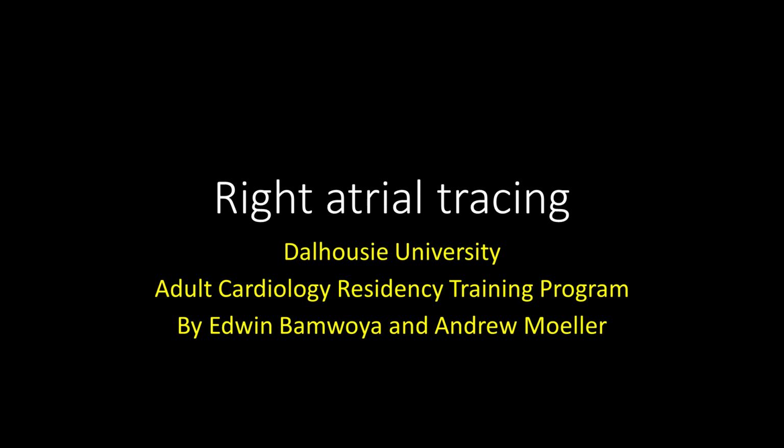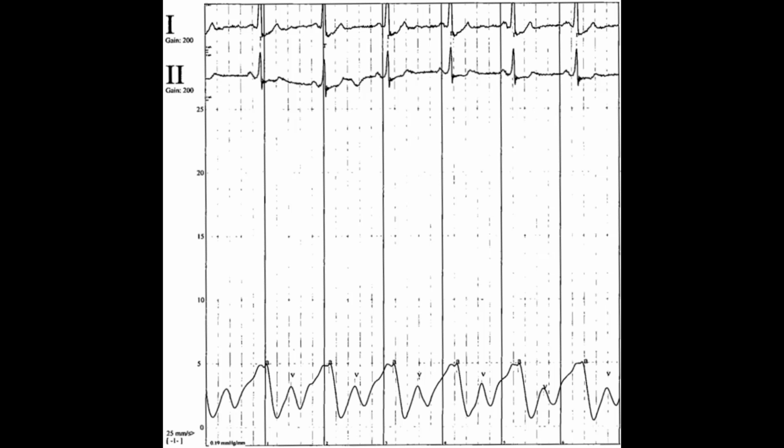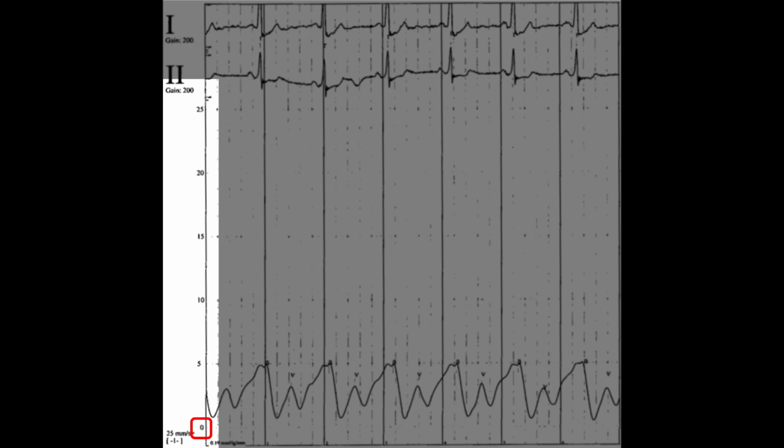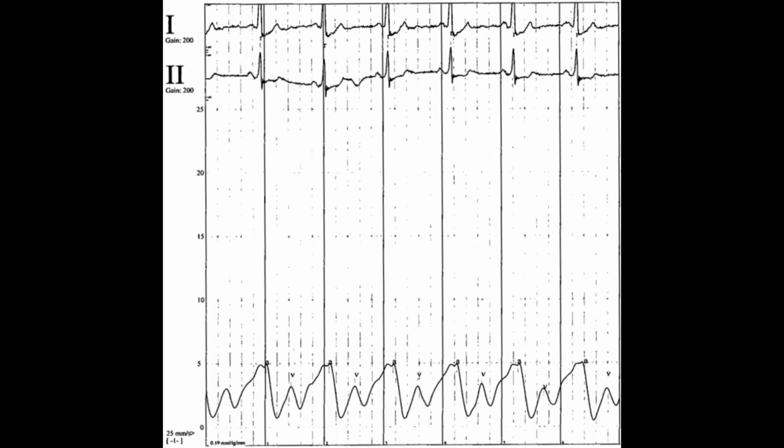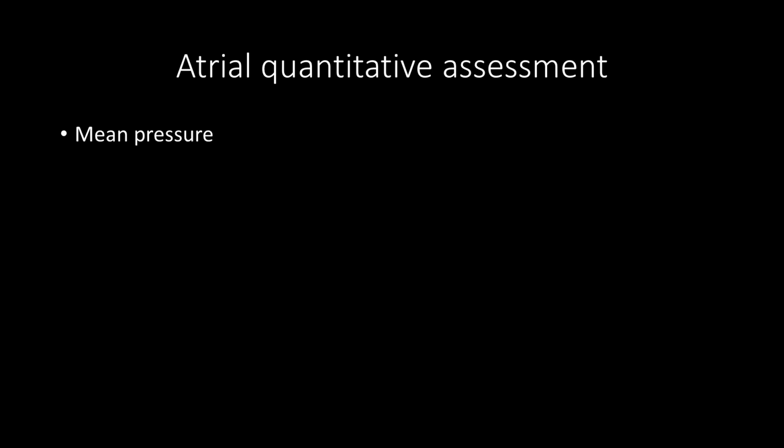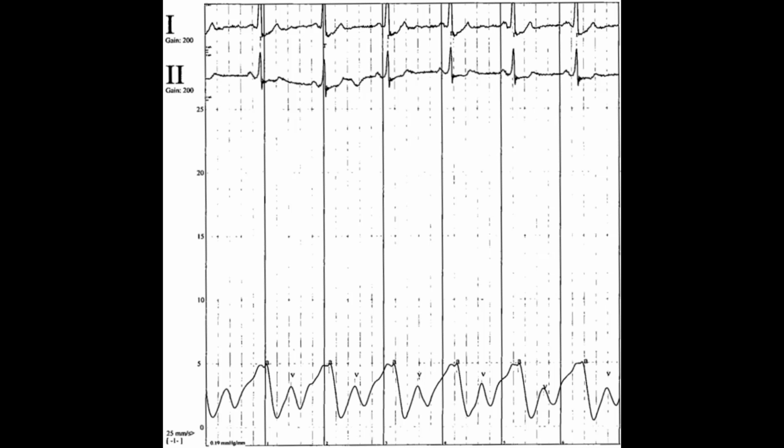Right atrial tracing. In this right atrial tracing, the scale is set 0 to 25 millimeters mercury. Quantitative assessment of atrial tracings include commenting on three values: the mean pressure and the pressure of the A and V wave. Mean pressure can be estimated by imagining a line through the middle of the waveform tracing, in which